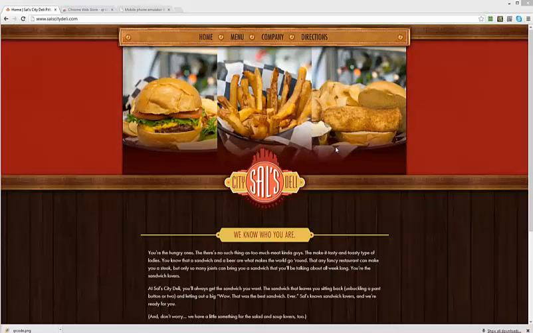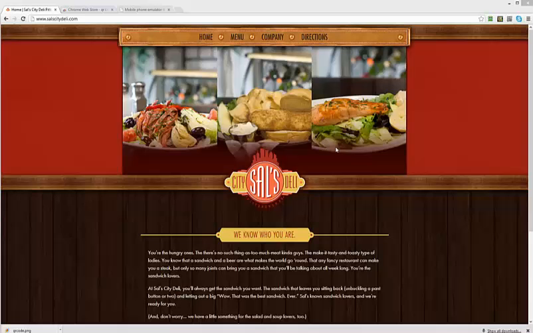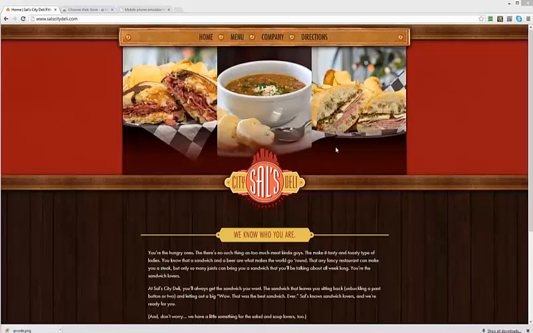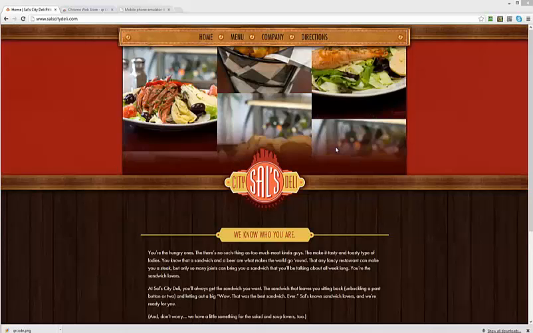Wanted to show you a process to, number one, 100% verify whether a website is mobilized or not. And then number two, an easy way to get two pieces of information: a before photo of what the website looks like currently on a mobile phone, as well as a QR code that,